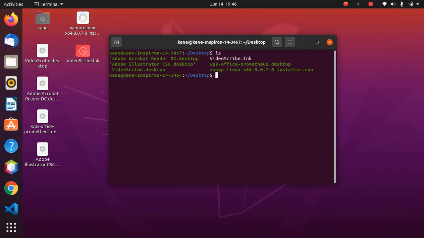This is the file. First of all, you have to make this file executable. So to do that, simply type here chmod +x, and then you need to copy this file and paste it in the terminal. Simply copy the name of this file with Ctrl+Shift+C, and now paste it with Ctrl+Shift+V. I have not copied this file. Let me just copy this.